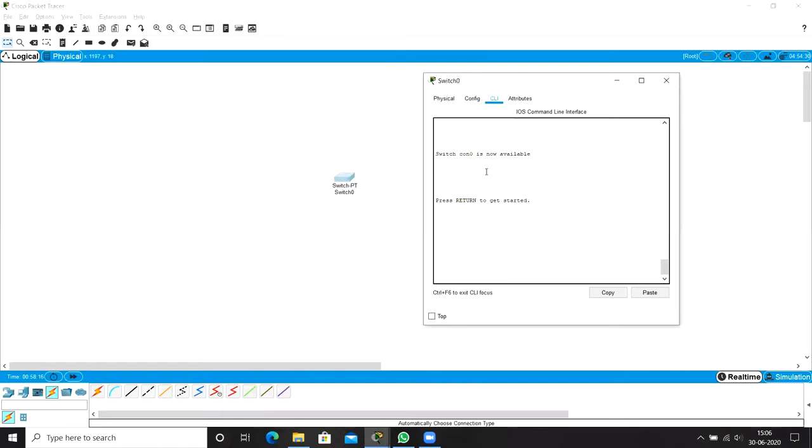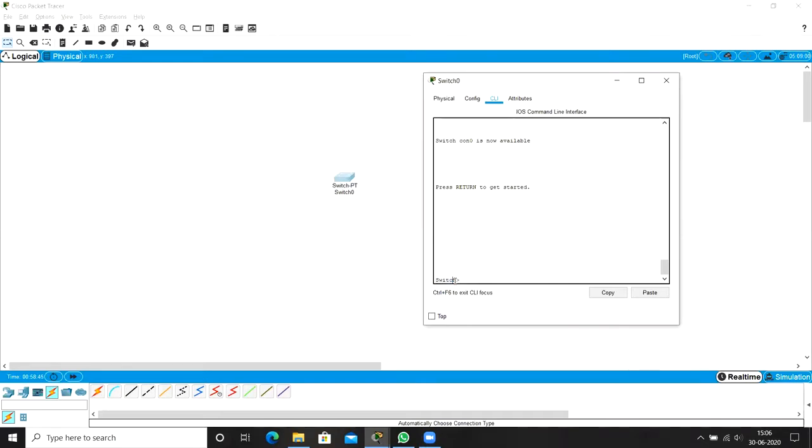Hello students, we will continue from the previous video from the point where we have stopped. In this video I will explain how to do the basic device configurations. So what are the basic device configurations? Now you see here there is a name, that is switch, under user execution mode. So the name of the switch is switch.